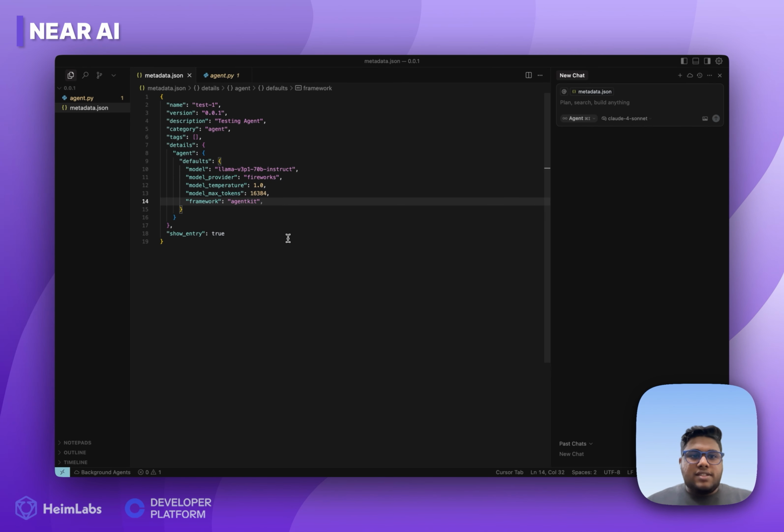So once that is done, it will show us the agent files, configurations, and it will ask us for the upload confirmation status. So the entry location would be this, and the local path, and the visibility would be open source. This is kept public by default. So I'll just enter Y and enter. So you can test out this agent on NEAR AI's official website. You can just go to app.near.ai to test out this agent.